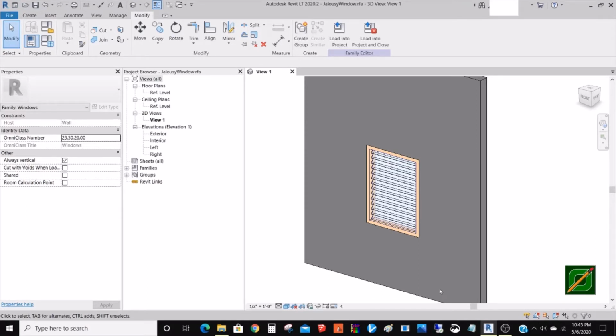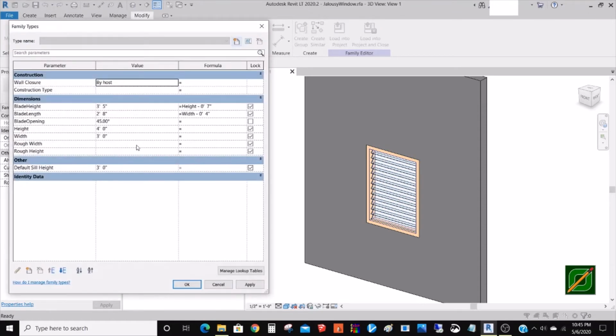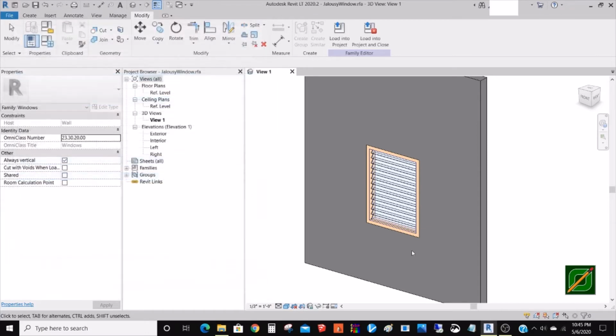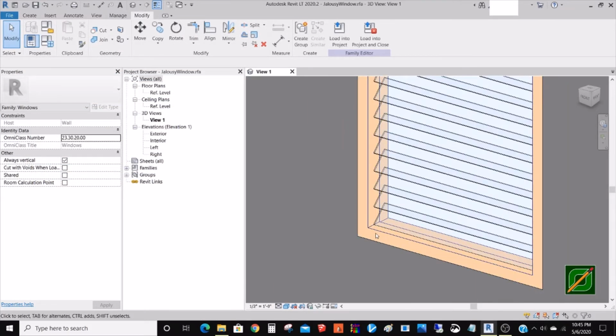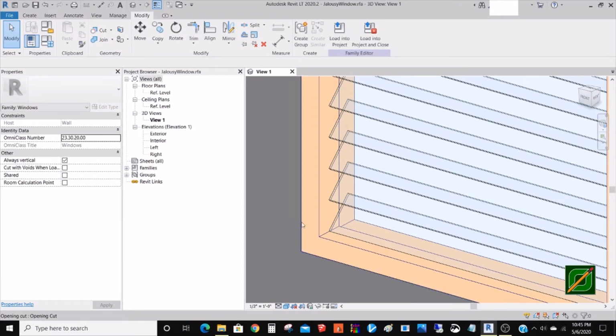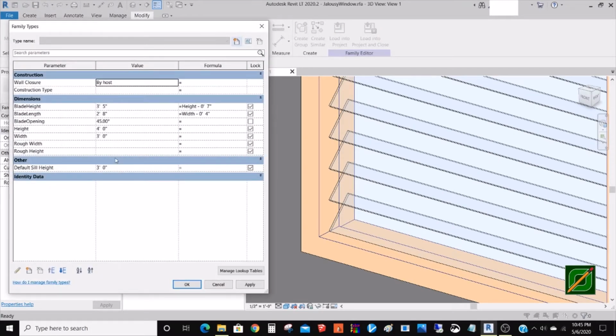I will show you how to create a Jalousie window family with glass blades that you can adjust the angle of, just like this window. If I show you the window, the Jalousie is around 45 degrees, and I will adjust it something like